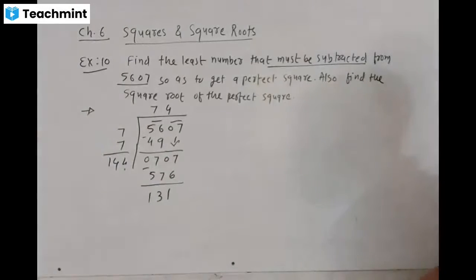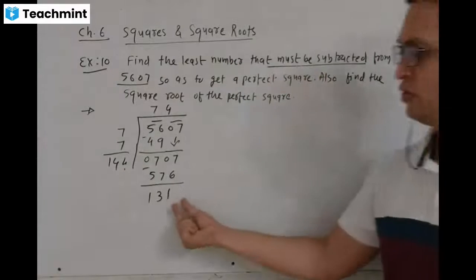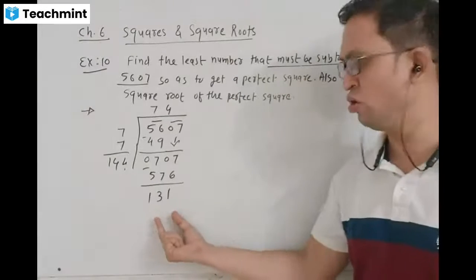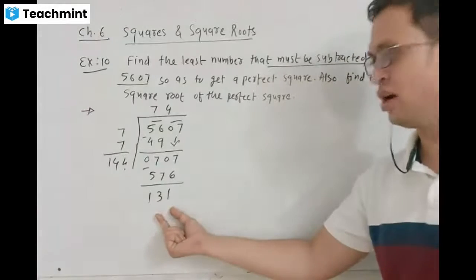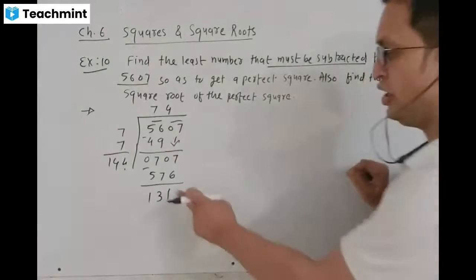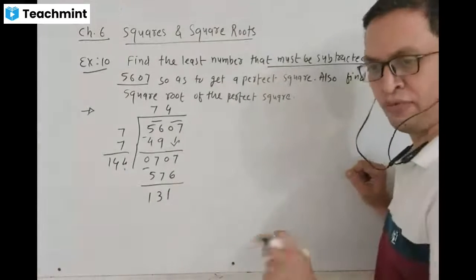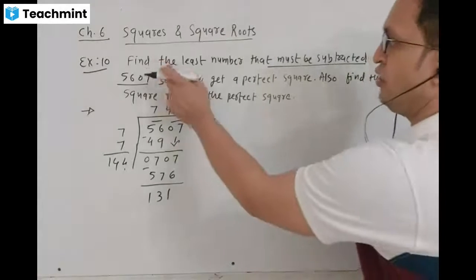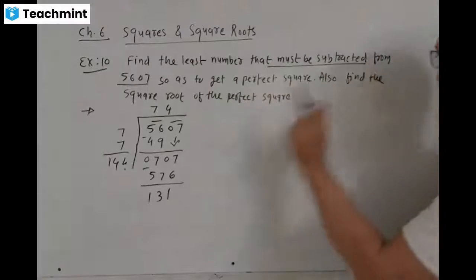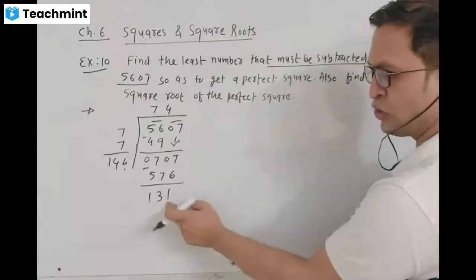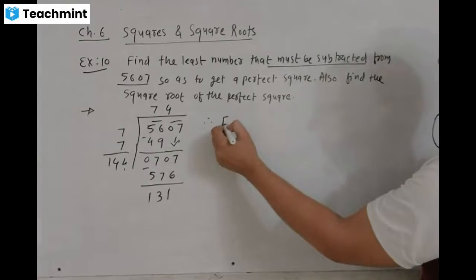So which smallest number, which least number must be subtracted? Therefore denominator is subtract. Remainder is subtract. Remainder is 131. Here 131 is subtracted from this. The number is a perfect square number. Find the least number that must be subtracted. So which number must be subtracted? Remainder is subtracted. Therefore 131